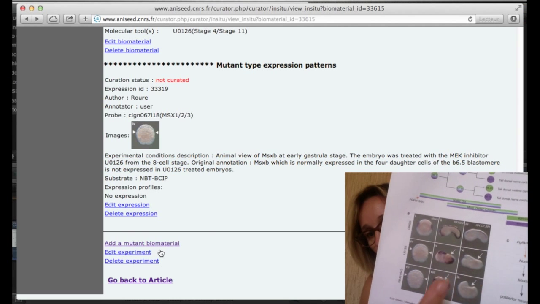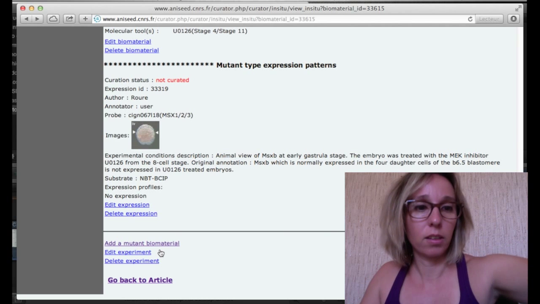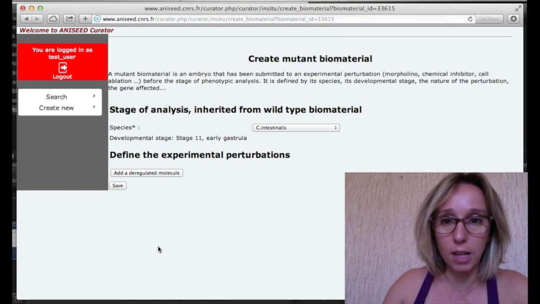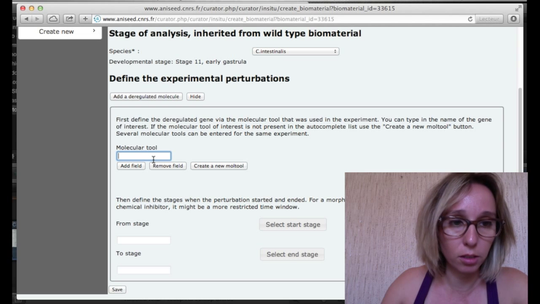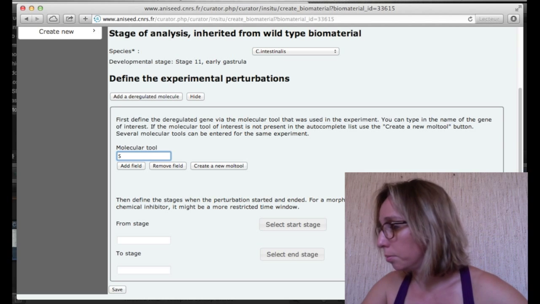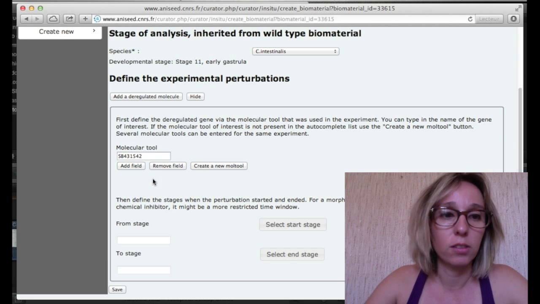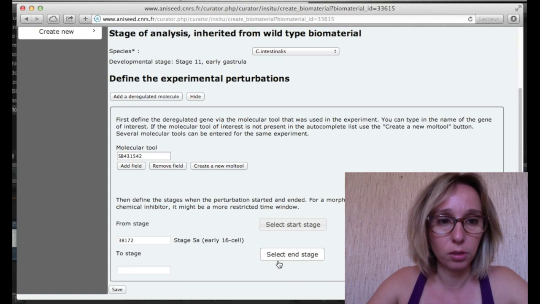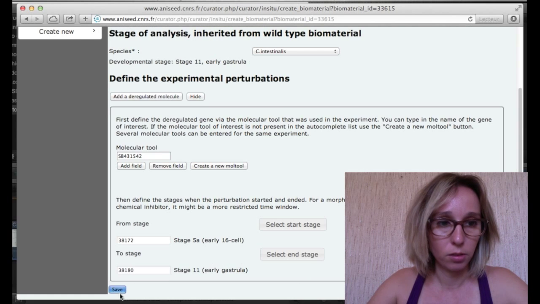So this one, yep. And for that, you click again on Add a Mutant Biomaterial. You will create a new mutant biomaterial with a new experimental perturbation with another molecular tool. So here is B431542, which is already in the database. You select the stage of perturbation, the stage of analysis. Yep, you save,